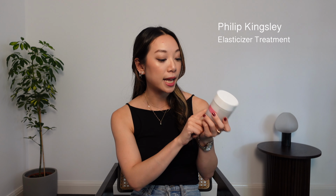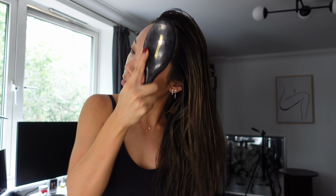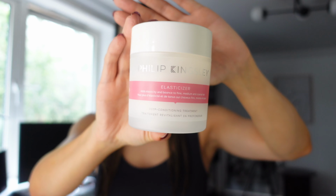So on the ends of my hair, I use a different product. I have been using the KINGSLEY Elasticizer, and this is one of those products that has rave reviews. It's almost like too good to be true, but I decided to try it out. So you're supposed to use this on damp hair. So after I have the oil in my scalp, I will get a hairbrush and wet it under the tap and then just brush it through my hair a couple times just to dampen my hair. And then I just apply this on the mid-lengths and the ends of my hair, again, making sure everything's really